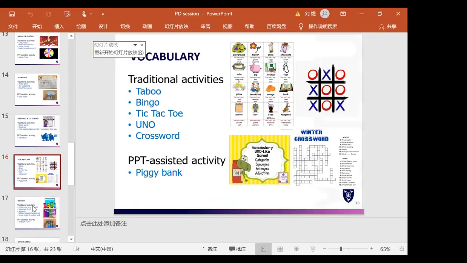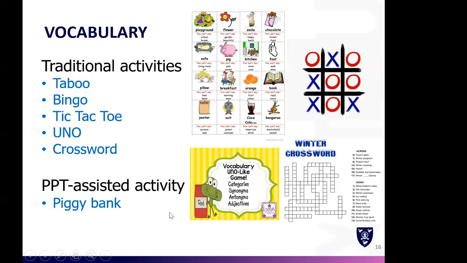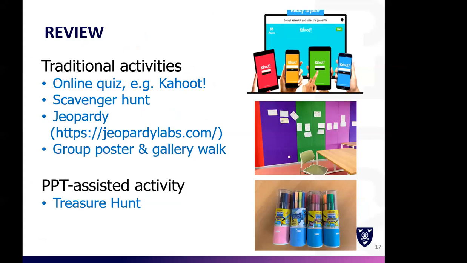All right, so the last part here. About how to help students review what they have learned, we have traditional activities like online quizzes or Kahoot. You guys have already mentioned this outstanding, wonderful game, and scavenger hunts. And we've been doing this on EAP, and also Jeopardy! We can also ask students to design a poster to say what they have learned and take a gallery